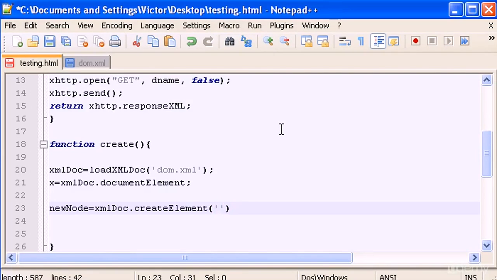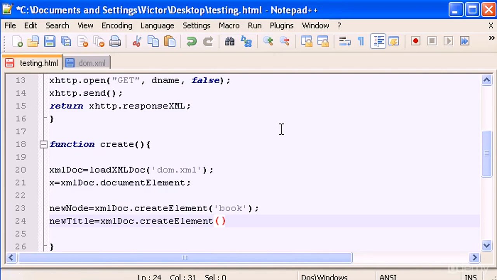Inside it, I'm gonna create a new element, book. And down here, I'm gonna create a new title as well. XML doc dot create element title,